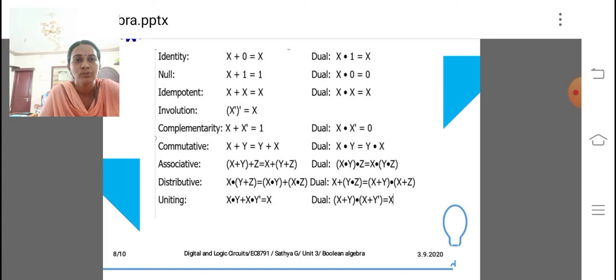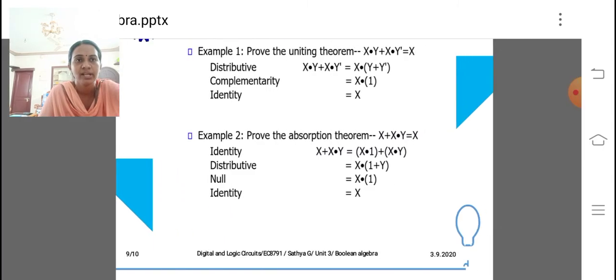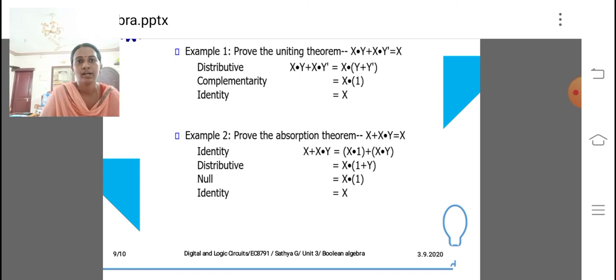Okay, so you have to go through all these expressions, and these are all our assessment cases. That is your first example. I gave one problem: x dot y plus x dot y dash is equal to x. So we are adding the first multiplication and the second multiplication, two products, and we are getting one variable. So we have to prove this. That is your assessment. The first assessment I will explain, and the second assessment you will do at home.